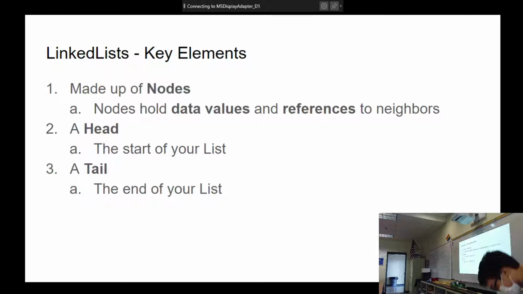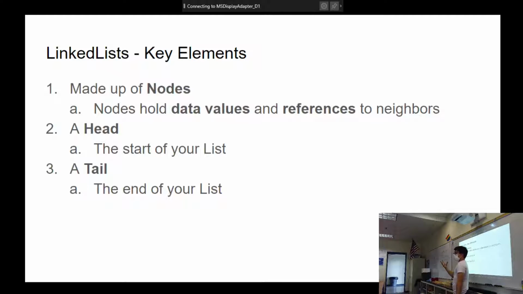John Paul was like, what? What does that even mean? So, the key elements of a linked list. One, linked lists are made up of nodes. A node holds two values. It holds a data value and it holds a reference value, or an address. I'm mostly going to be talking about addresses because it makes it a little easier to understand. You can implement these in Java with references as well. But it holds data and holds a reference. And if this was an array, we hold data, we hold indexes. Same thing. Just a way to reference, a way to get the data.